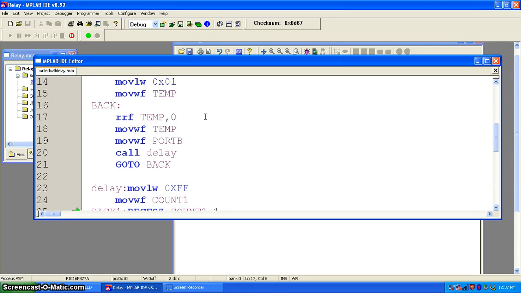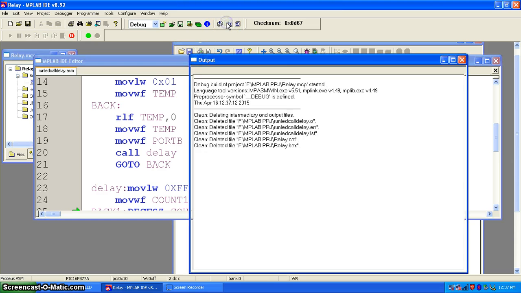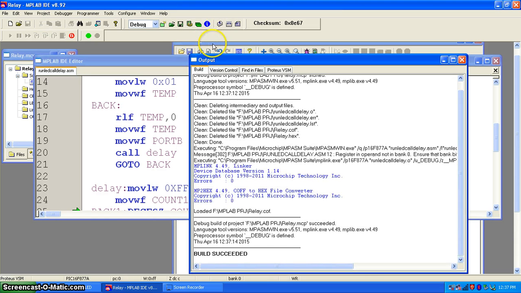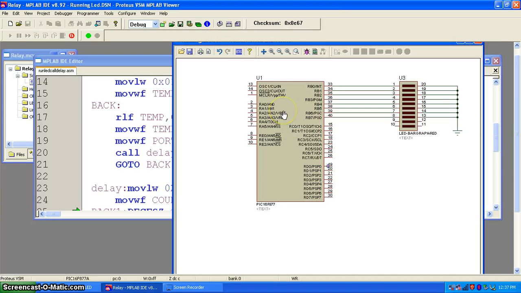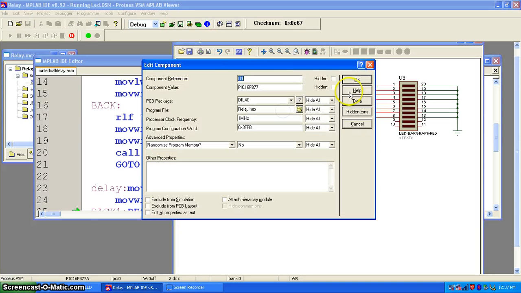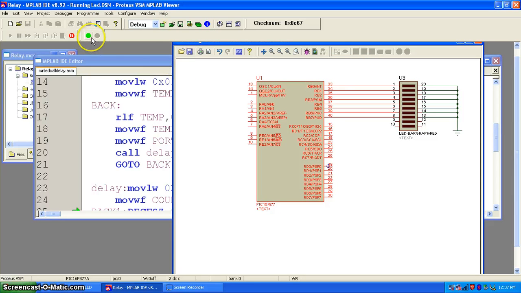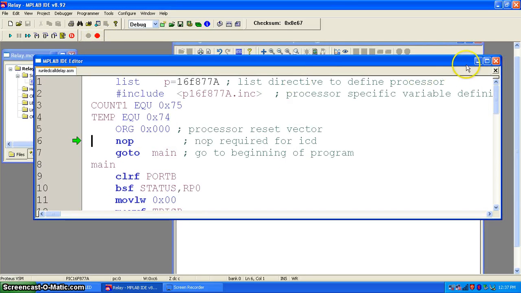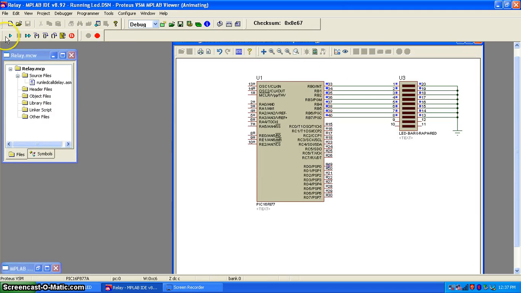Instead of rotate right, if I make it rotate left, RLF, and build my target, the simulation file is there and the hex file path already exists. If I run this simulation and then run this code, the LEDs are rotating in the opposite direction.